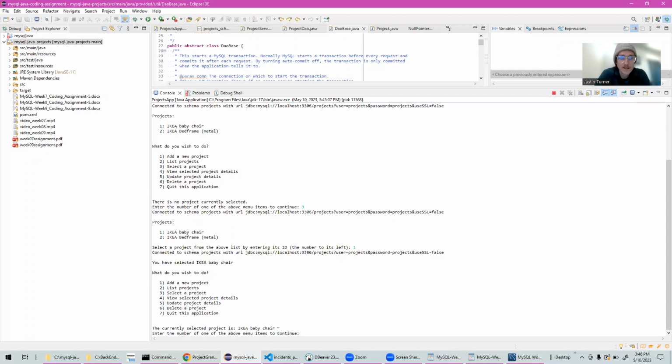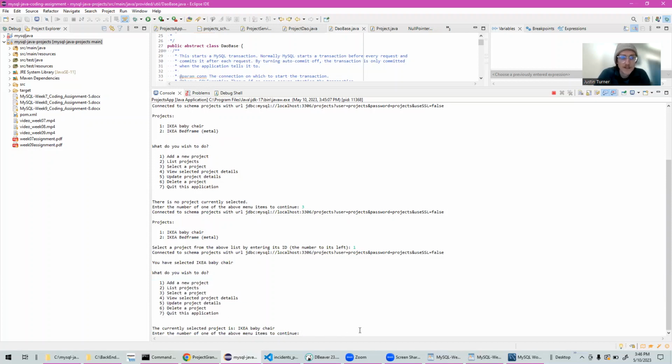So I didn't want to do that because that tended to really crowd the terminal. And there's this prompt, enter the number of one of the above menu items to continue. But then there was a whole mess of project fields in between that prompt and the place where the user could see